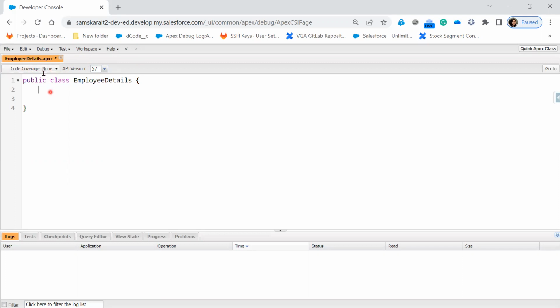Now this code coverage, right now we are not going to use it. We need this button whenever we want to implement test classes. Right now this button is not useful, we'll do it later. And below, in case there is any problem, it is going to show me in the problem section. Let's suppose that I'm declaring here